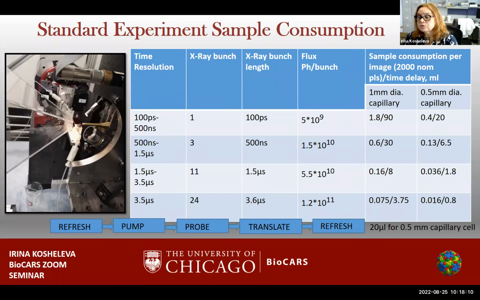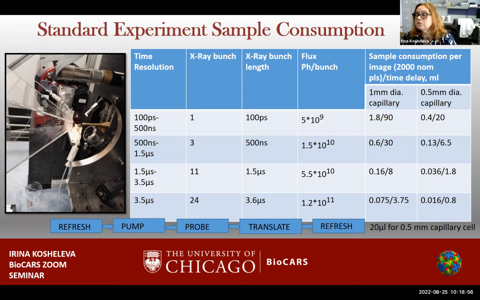Because we would like to ensure that all the sample is refreshed, we pump a large volume, which is normally required and defined by the flow cell. For example, for a 0.5 millimeter capillary cell, each time we refresh 20 microliters, and the cell is about 8 to 10 microliters, and it takes about 100 steps to collect the data. So for 2000 pump probe cycles, it would require 20 flushes in this 0.5 millimeter capillary cell,